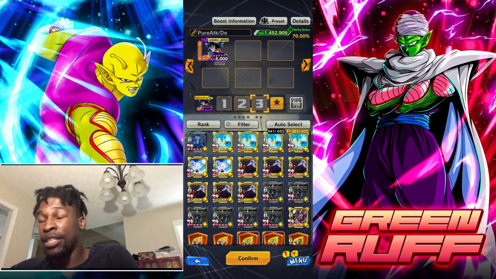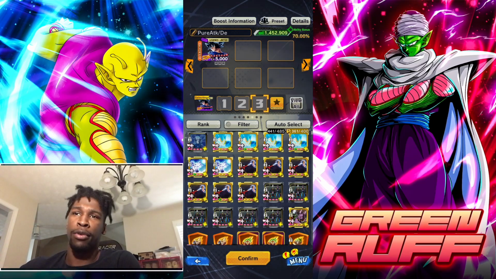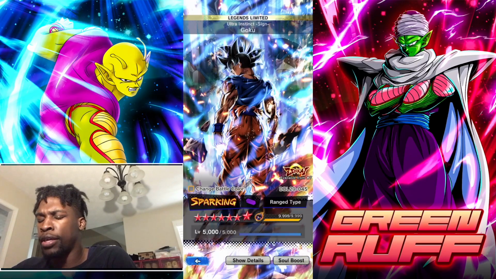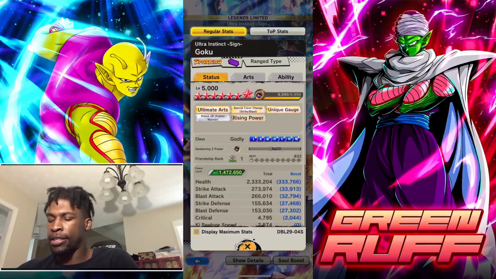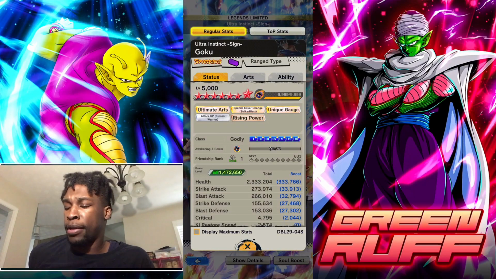I got a special video, guys, man. Today we're gonna be breaking down the best equipment for UI Sign Goku. Now, UI Sign Goku is actually pretty interesting. The reason for that is because of his stats. It's his stats that make building the best equipment weird for him, because you could actually go